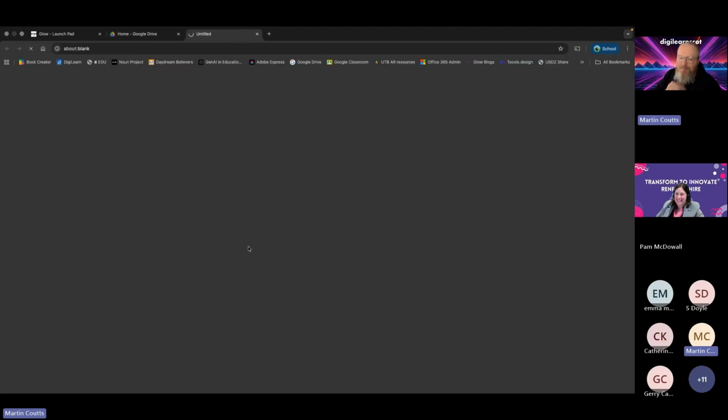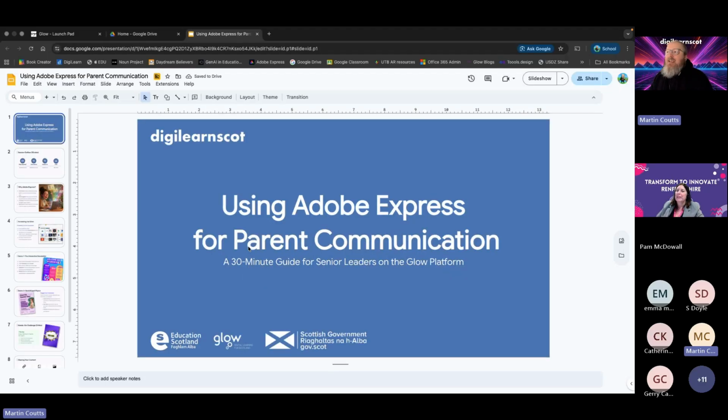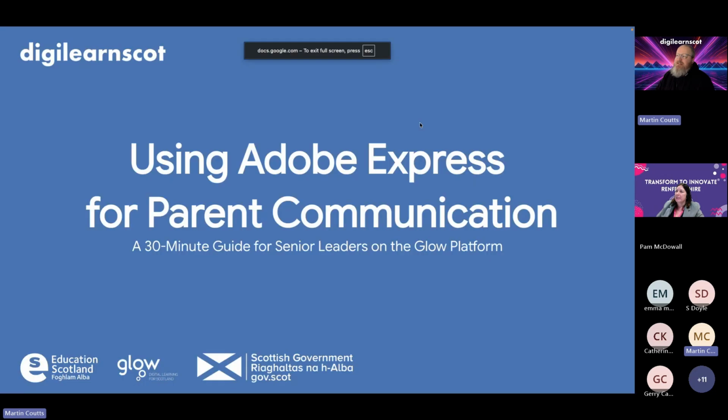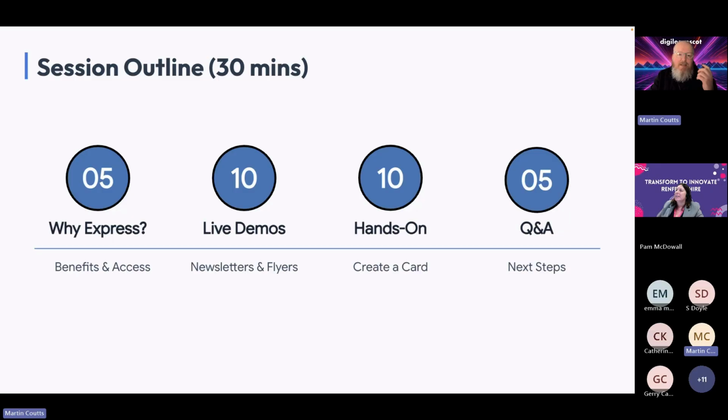So good fun. Right. Here's how you can give your communication with parents a bit of creative flair to it. One of the other things that we have as teachers in Renfrewshire is access to Adobe Express, right? If you've used Adobe Spark or you use Canva, they're the same thing, right? I'm not going to spend too much time talking about why we use Adobe Express. It's just really good at helping us create